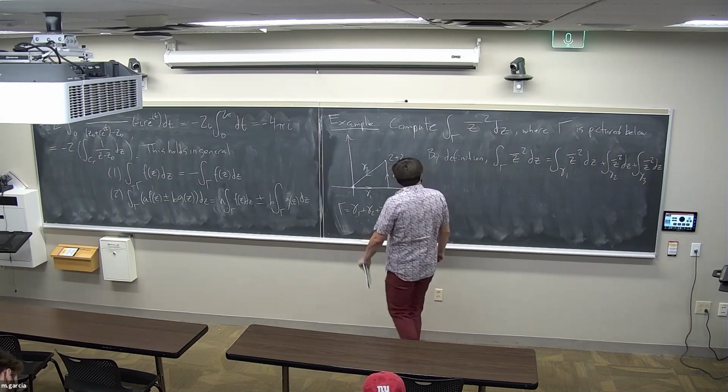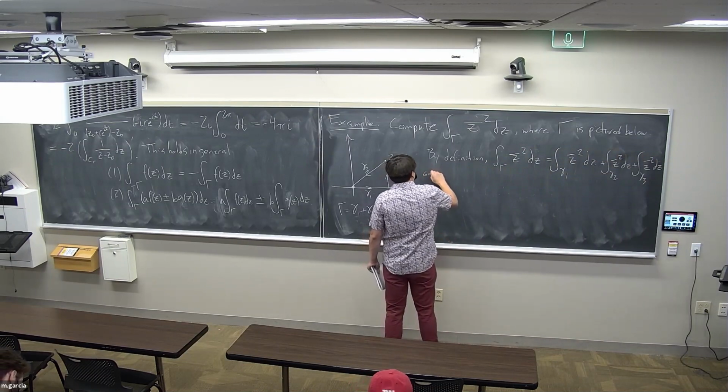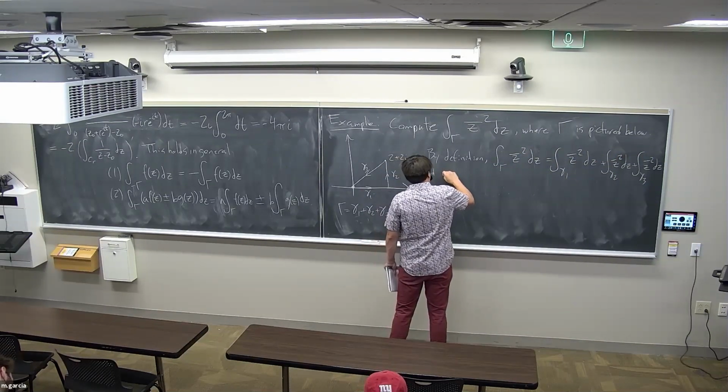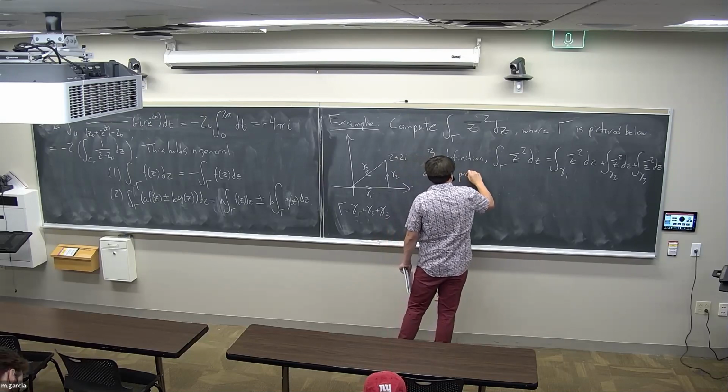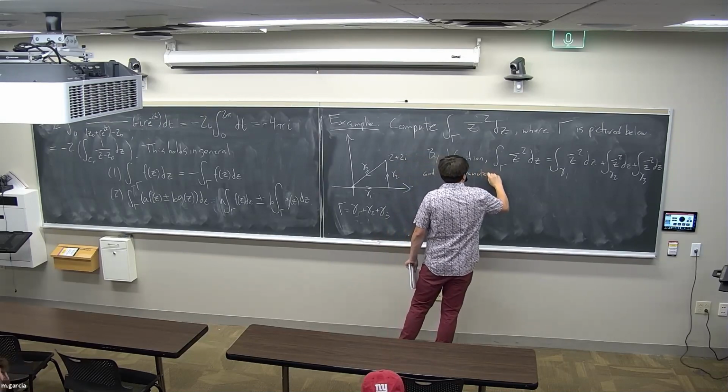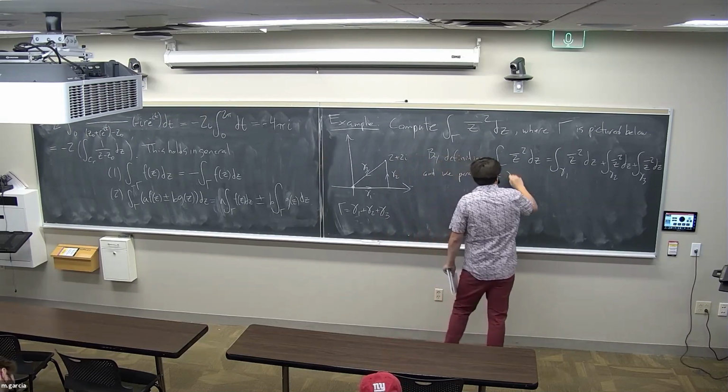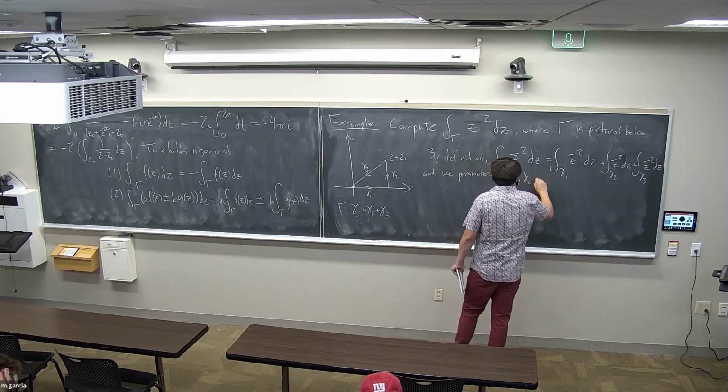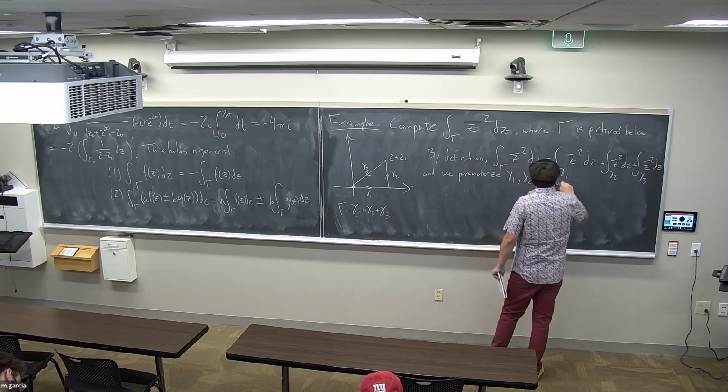Okay? And we parameterize gamma 1, gamma 2, and gamma 3